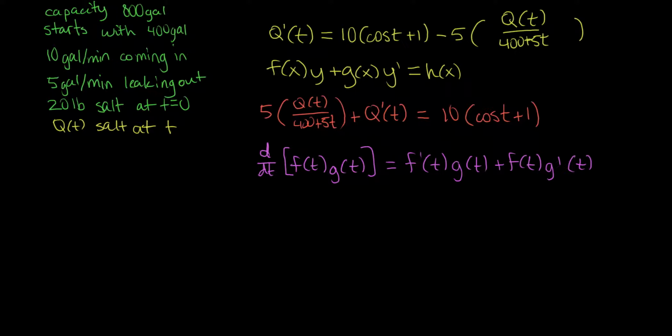And if we quickly rewrite our function here, we see we have this constant here, 5 divided by 400 plus 5t. We're multiplying that into q of t. So if we were to multiply something in, it seems feasible that we could turn it into this form here in magenta, this product. And once we had that, it would be fairly easy to take the integral of this,